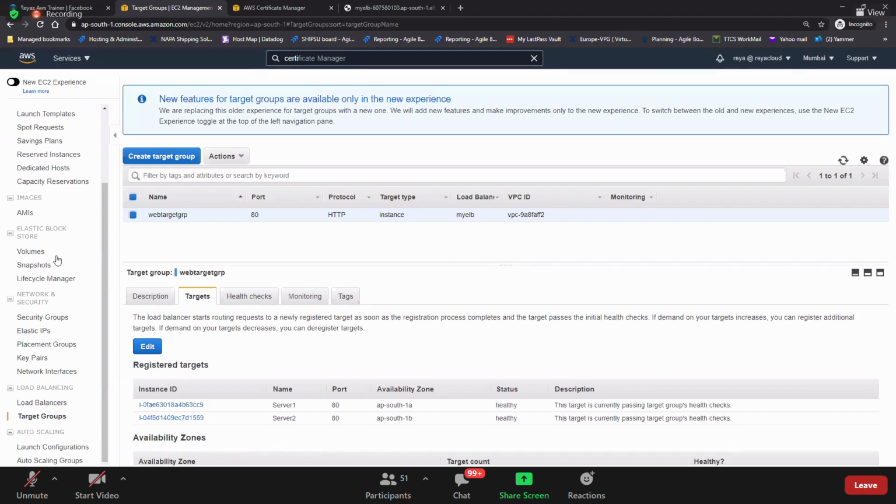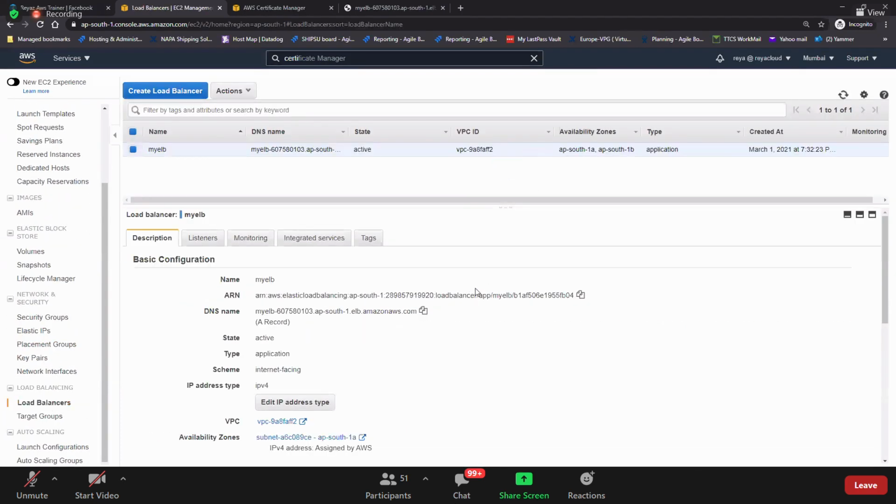So guys, do you understand the load balancer concept? Everyone?